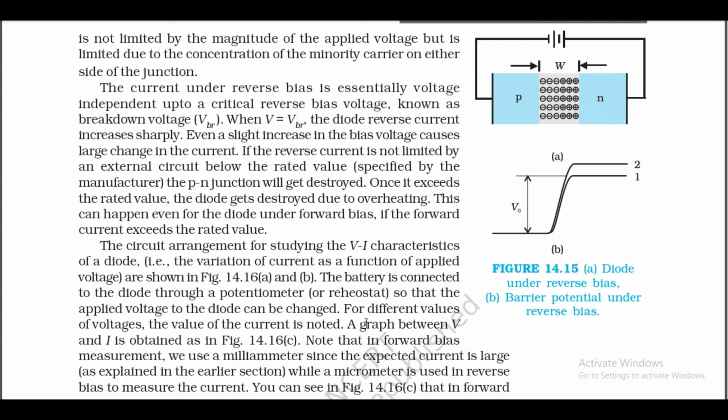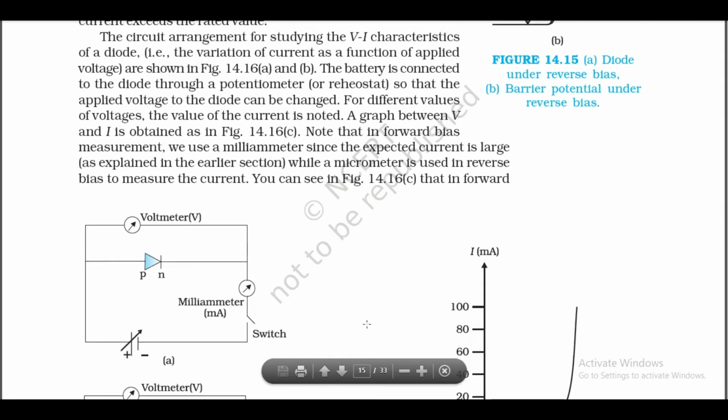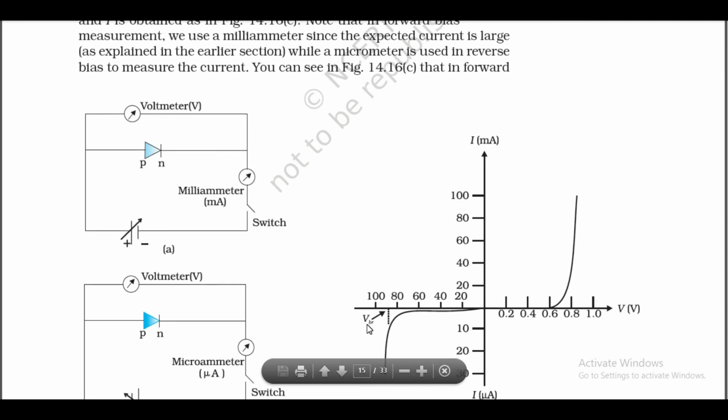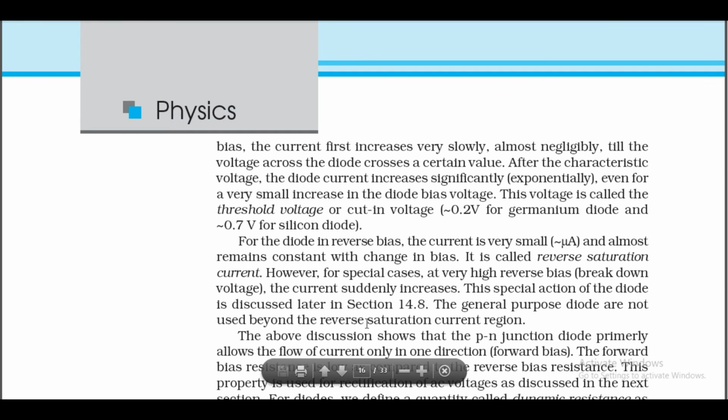Note that in forward bias measurement we use a milliammeter since the expected current is large, as explained in the earlier session, while a microammeter is used in reverse bias to measure the current. You can see in figure 14.16 that in forward bias the current first increases very slowly, almost negligibly, till the voltage across the diode crosses a certain value. After this characteristic voltage, the diode current increases significantly, exponentially, even for a very small increase in the diode bias